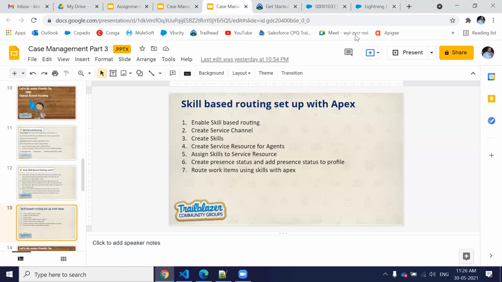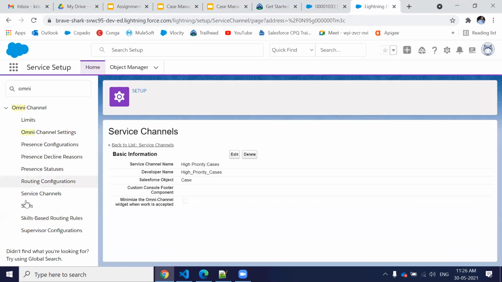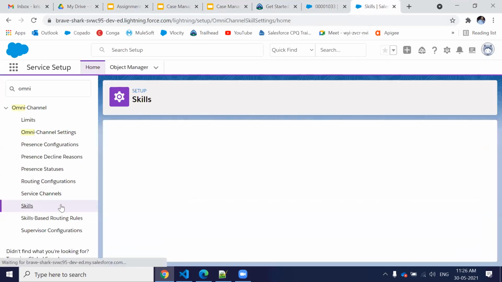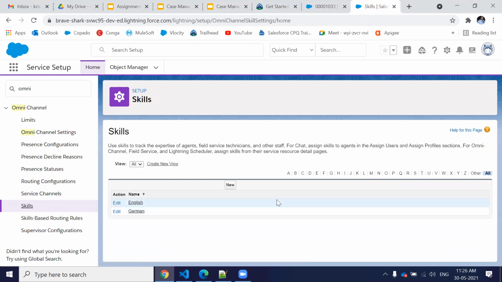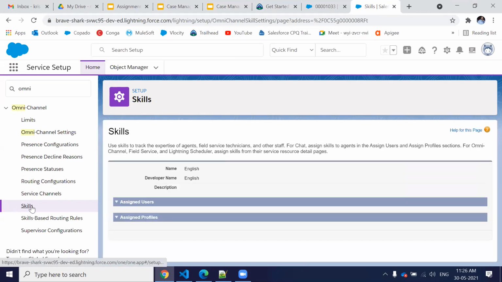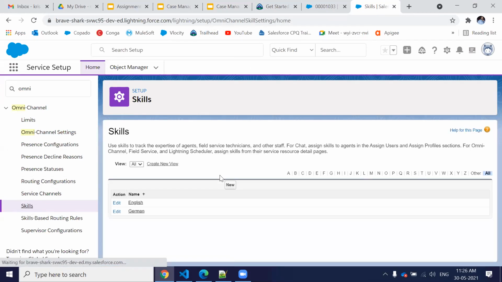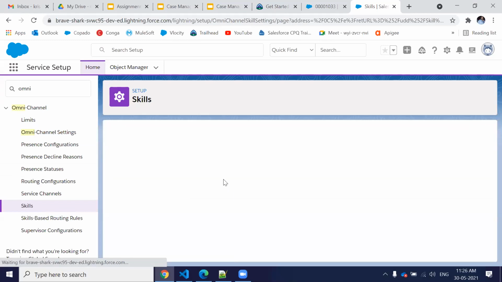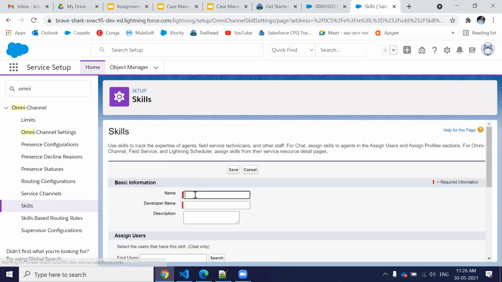Third, I have to create the skills. Skills, again, is an object. You just have to create the record through the UI. I have created two skills. You just have to navigate to the skill and click New, and define your name.